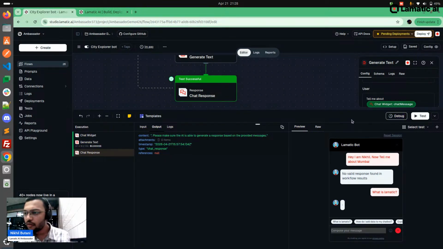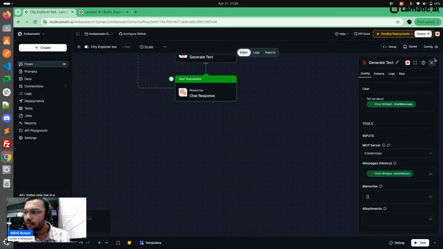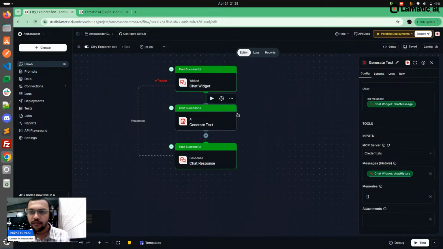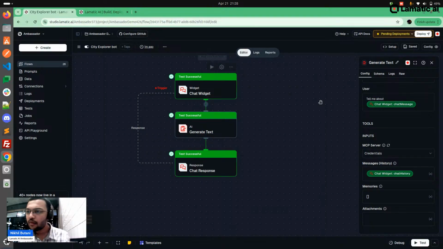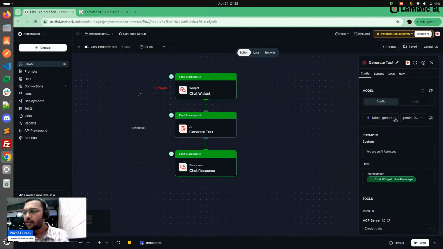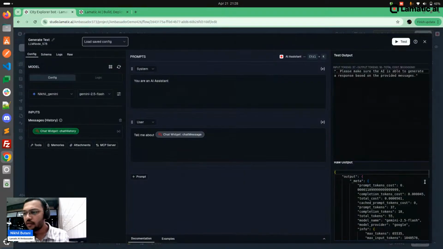Here you can see generate text, and here I just added tell me about.